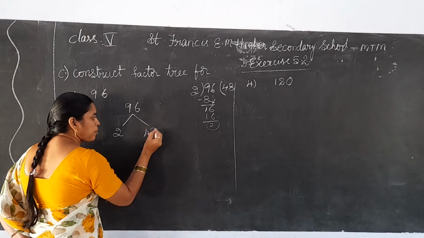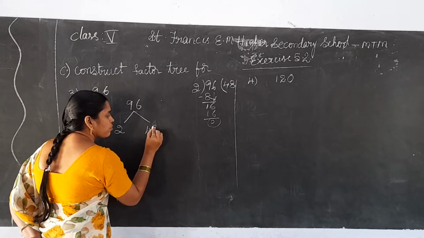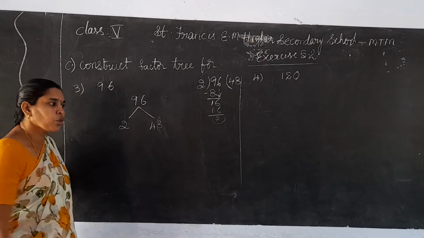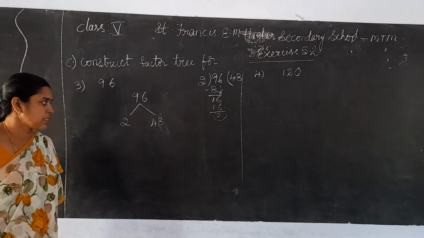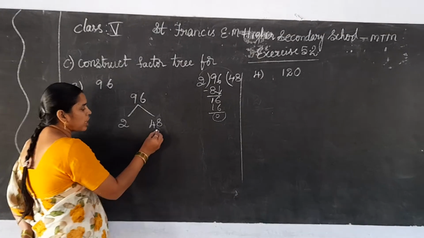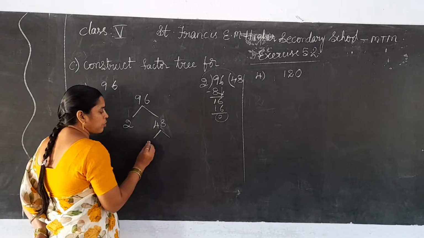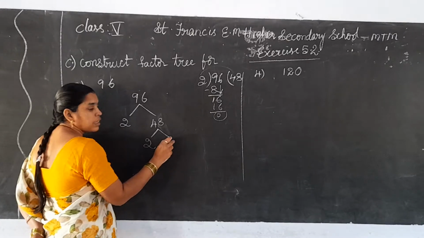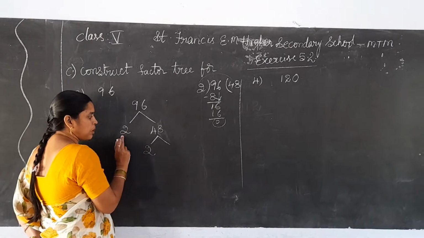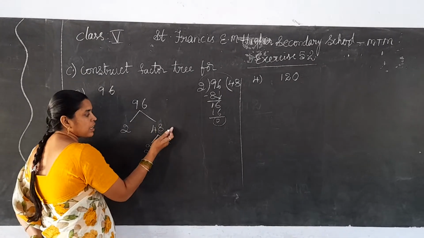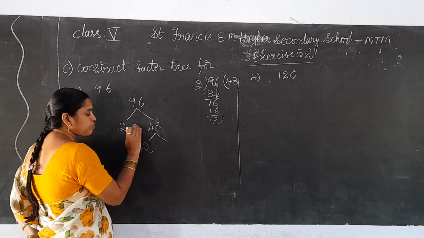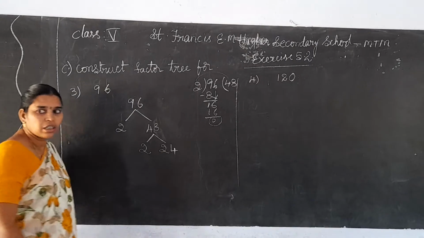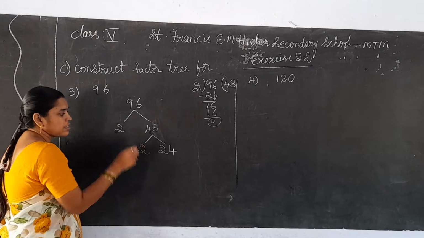Is 48 a prime number? No. So again this can be written as a product of prime factors. Right? So 48, which table will go again? The 2 table. 2 and the quotient must be on the right side. The left side is the prime number and the right side is the quotient. So 2 2s are 4, 2 4s are 8. Right? Like 3 branches.